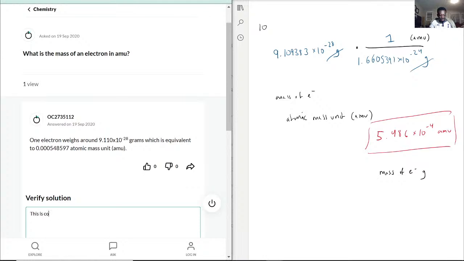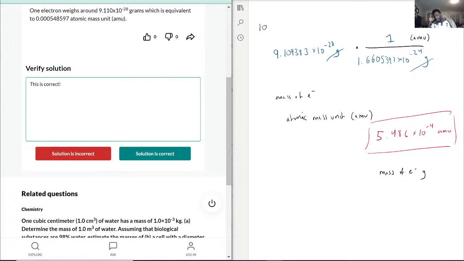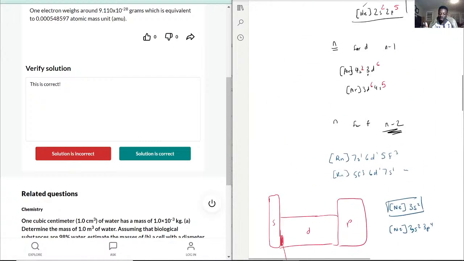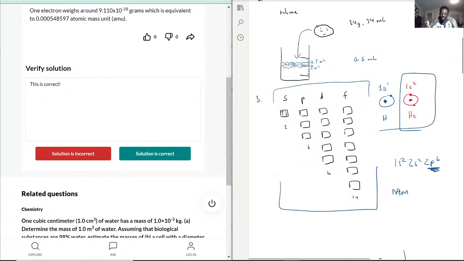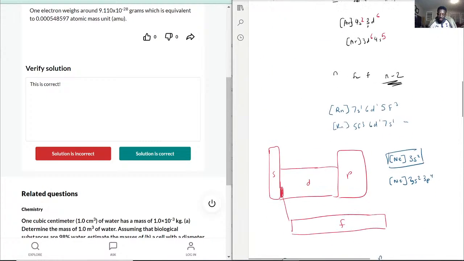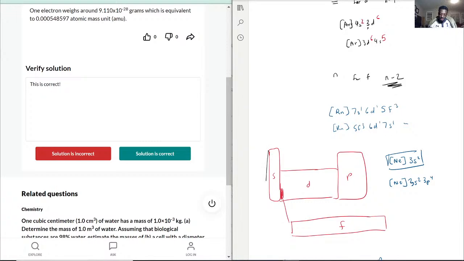This is correct. Now, before I submit this question, I do want to go back because a lot of these questions were just conversion and then one giant question about S, P, D, and F. This is the one I want to review because specifically these questions do come up in terms of electron configuration. I would say once you get to that unit, it does come up quite frequently in terms of trying to establish what that element is configured as. So the important thing is, as they did say in this nice picture here, just to mark it as different sections, the S